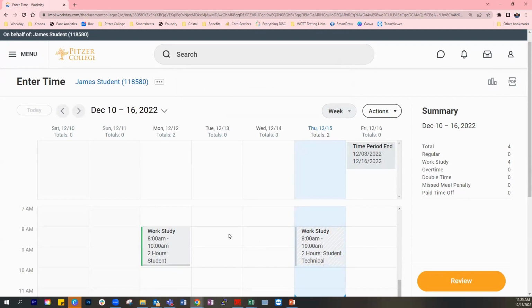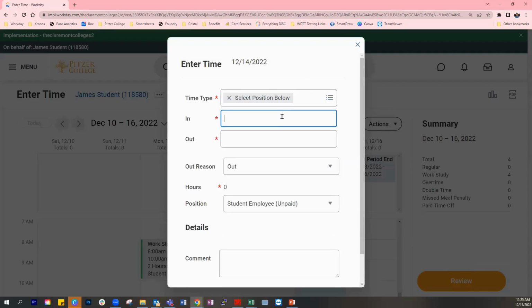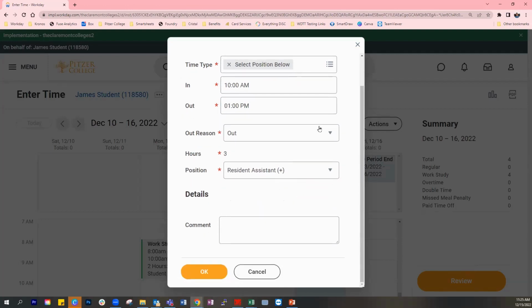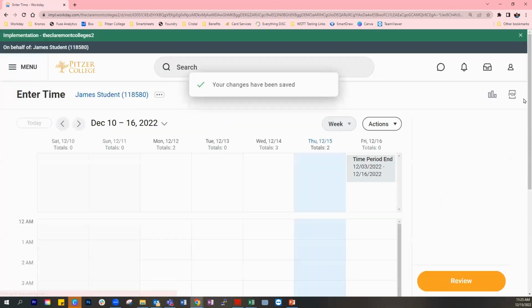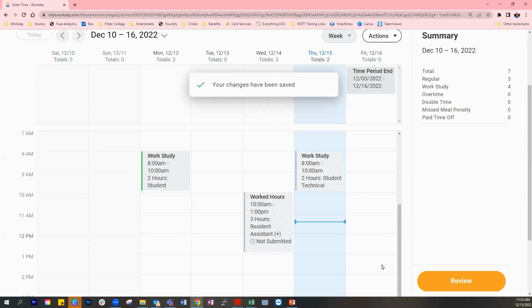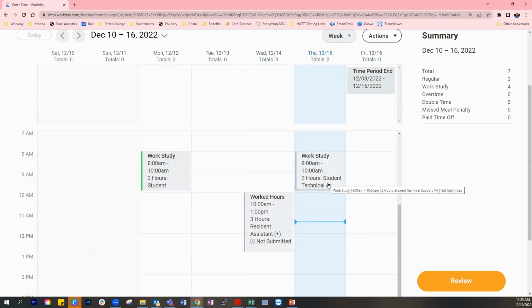Just do a quick glance over and make sure that all of your time is reflecting work study or worked hours. Okay, so for Wednesday, I'm going to enter time for my resident assistant job. Then I'm going to select the time type and click OK. We highly recommend you do a quick glance over your time card and make sure that there's no